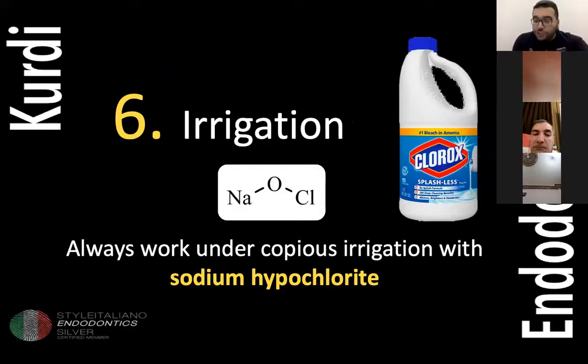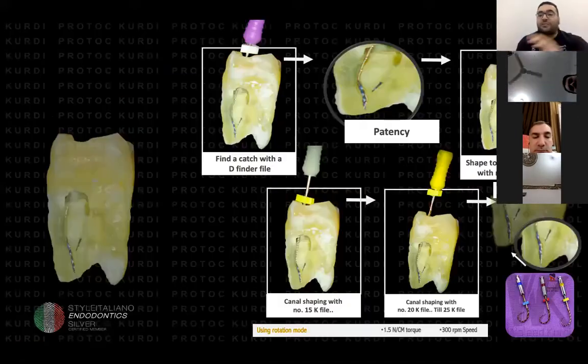No EDTA solution at all on gaining a catch or even during bypassing, because EDTA solution is a little more risky to be used, especially with C+ stiff files with an active cutting tip that may lead to perforation or sometimes iatrogenic